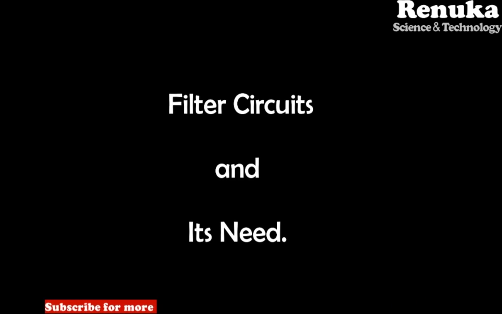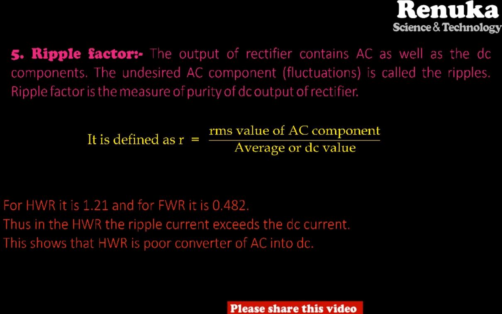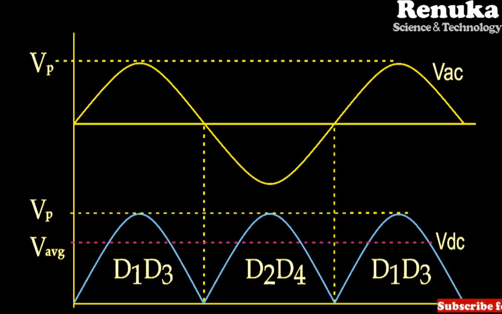We have just seen some definitions of rectifier or power supply. In those definitions we have seen the ripple factor. Ripple factor is nothing but the AC component present in the output of a rectifier. This pulsating DC is also known as ripple. This ripple should not be present at the output of DC voltage. So DC should be pure. That means its magnitude as well as its direction should be constant.